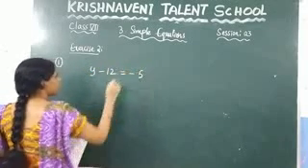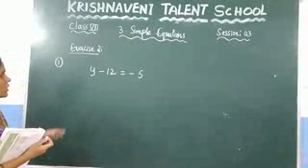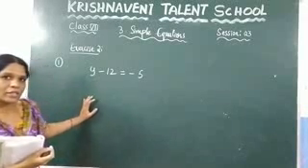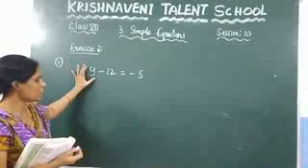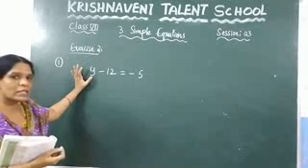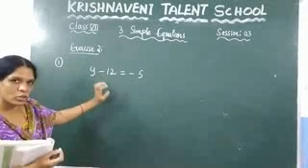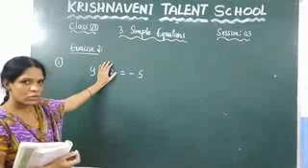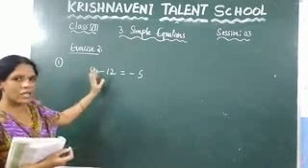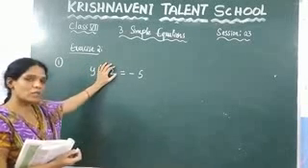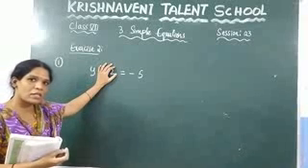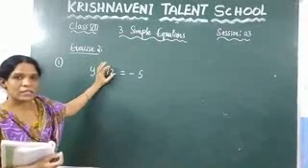First you need to think here, without changing the position, how do you find y? Take the variable here, which is y. So what is the number that is left out here? It is minus 12. So you need to take this value, so that you get only the value of the variable. Here minus 12 is there. How to remove minus 12? If you add plus 12, then it will be removed.